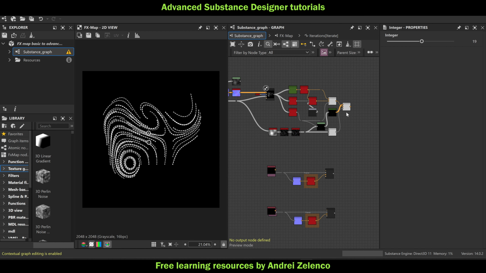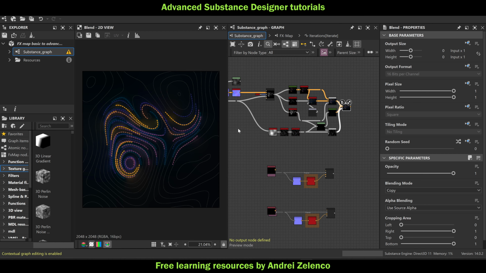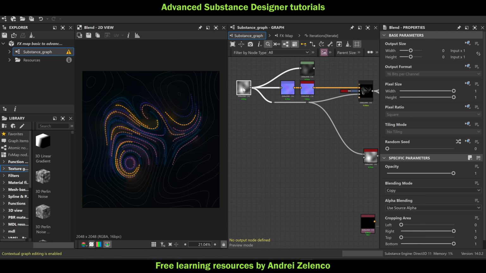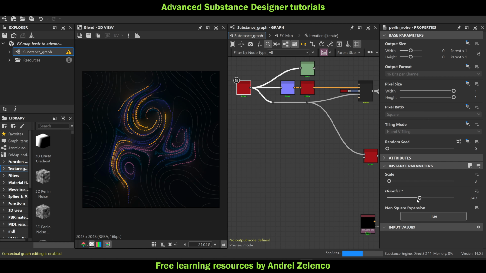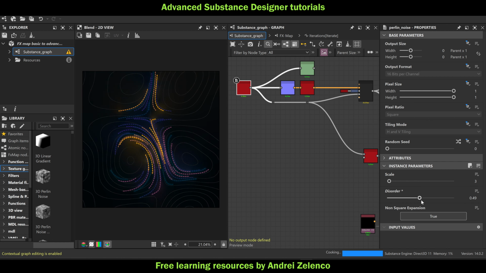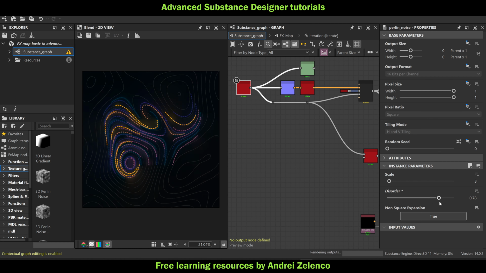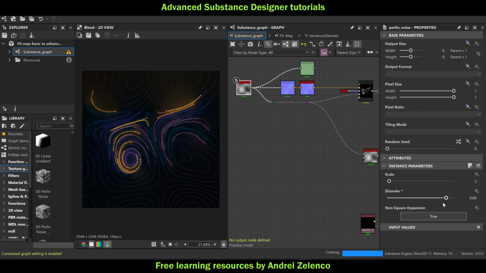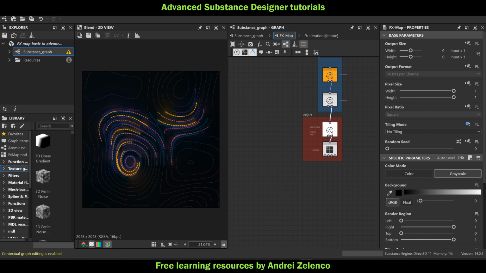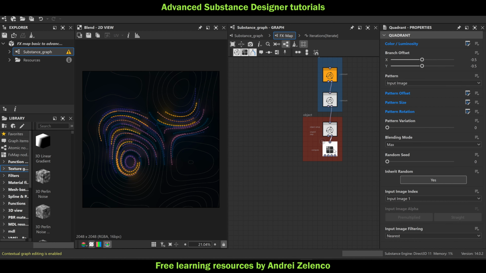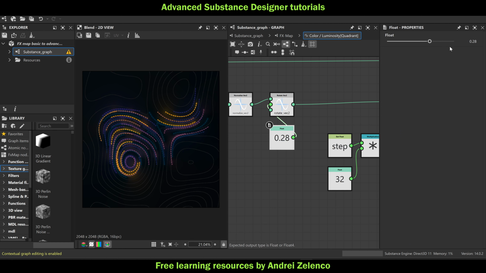So this is our current state. And if we go here and change the disorder parameter of the Perlin noise, everything adapts to it and moves accordingly. Okay, so go back inside one more time into the compute node here, and just for a brief moment